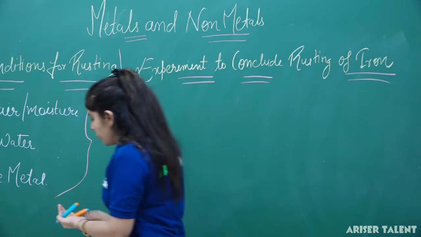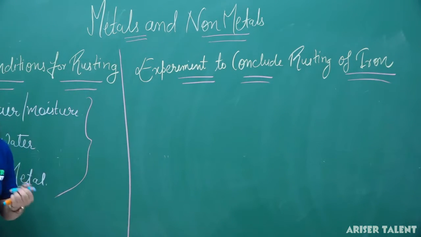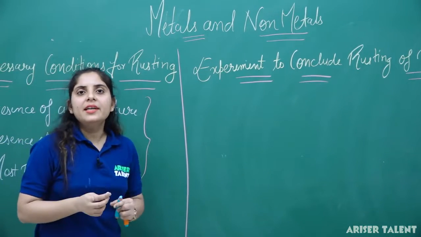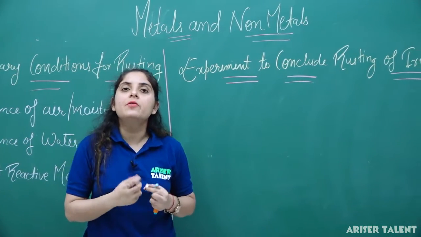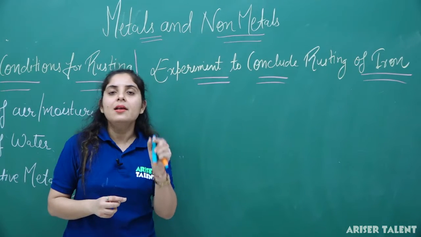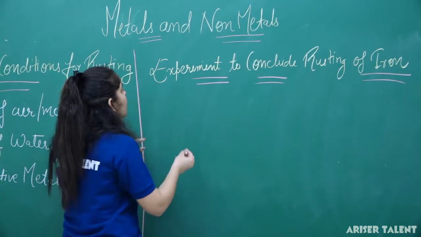Now what we are going to do in this experiment is take 3 test tubes, and in these 3 test tubes we will see different conditions and put an iron nail in all the 3 test tubes. So what we have done here,